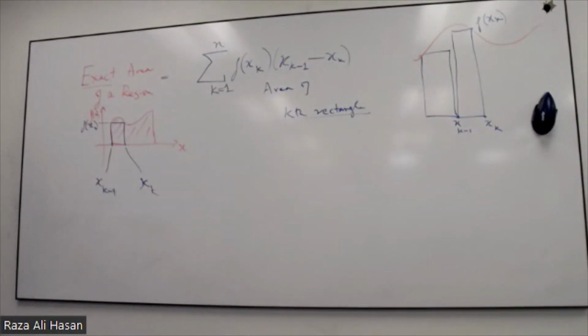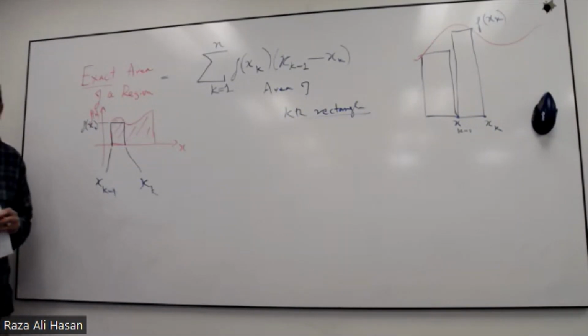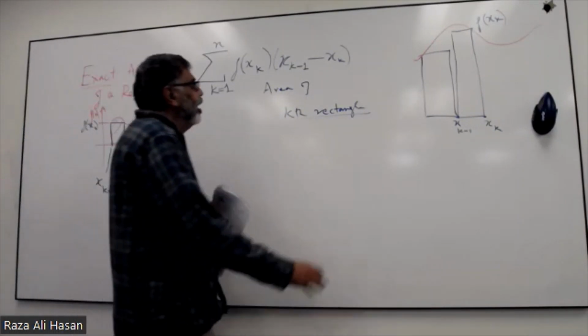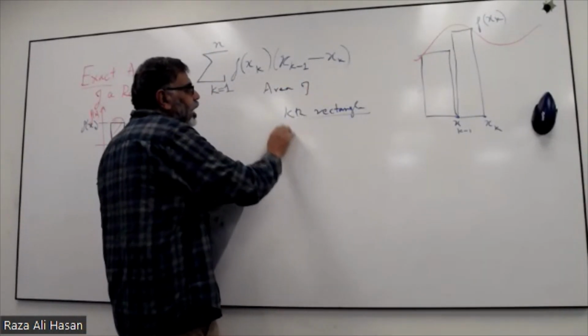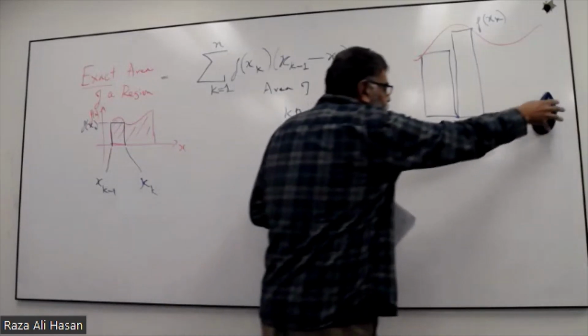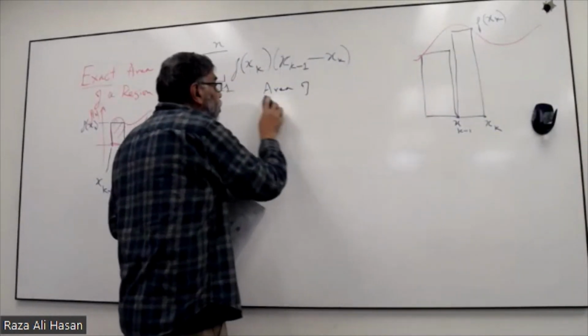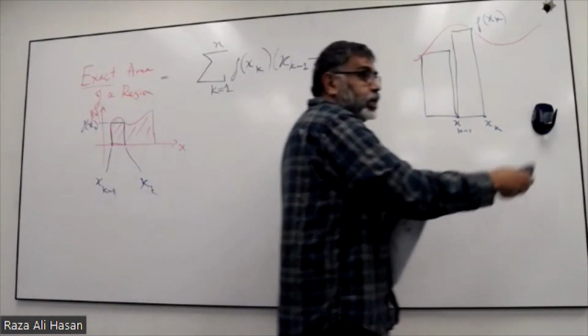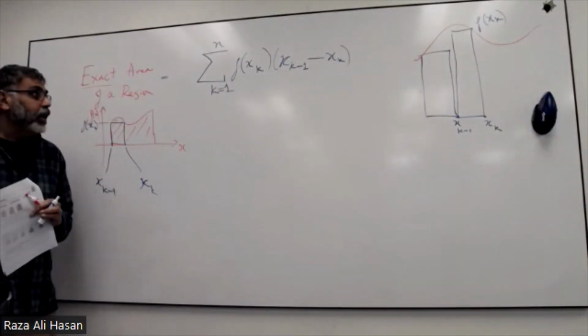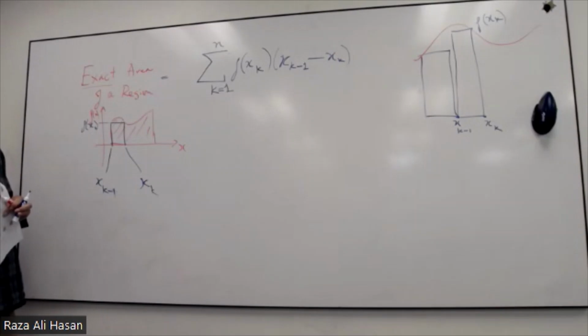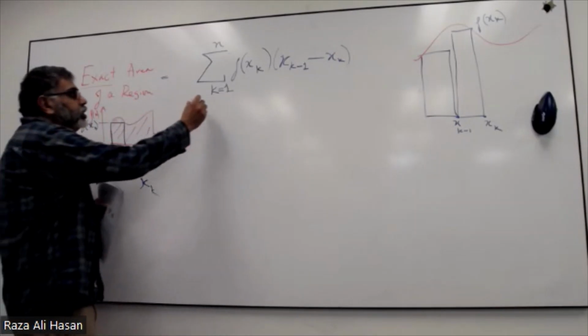Now what's happened? Miss Sophia, I like your hat, but you need to answer. So before I put the sigma sign, all this thing was the area of the kth rectangle. And now the situation has changed. I've put the summation sign here. And now K actually goes from 1 to N. So in fact, this whole thing is,